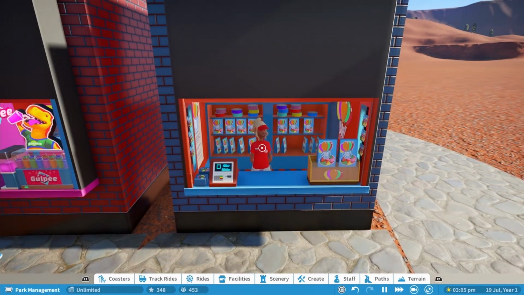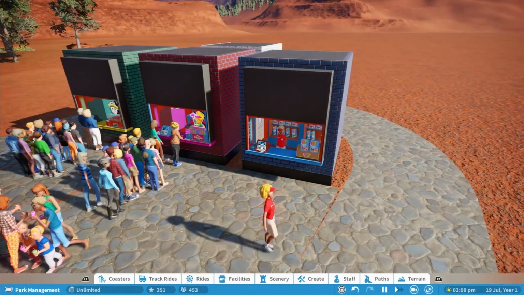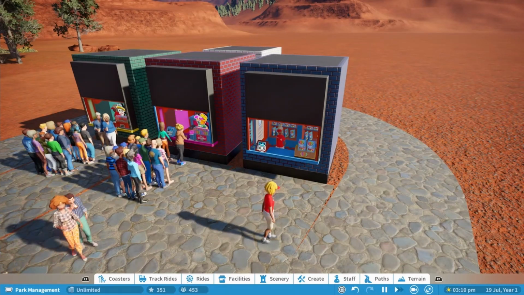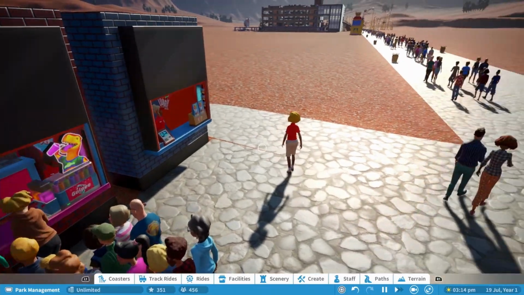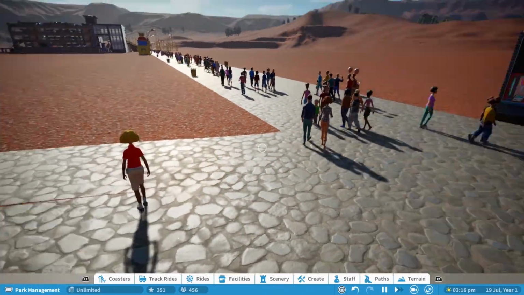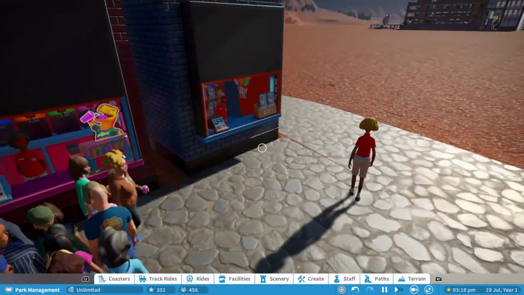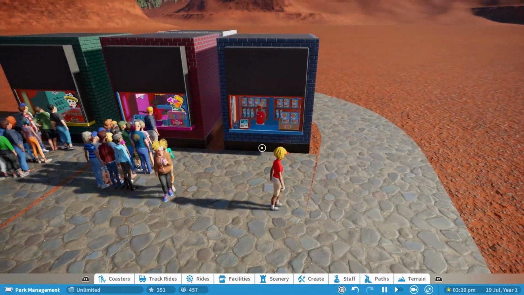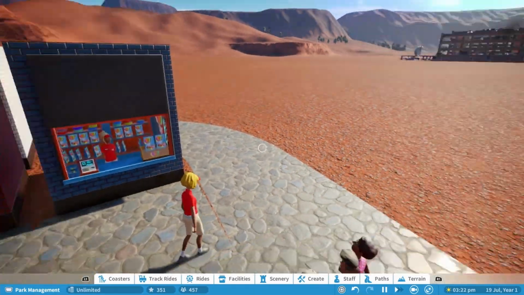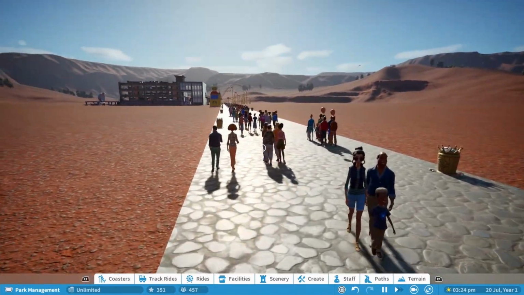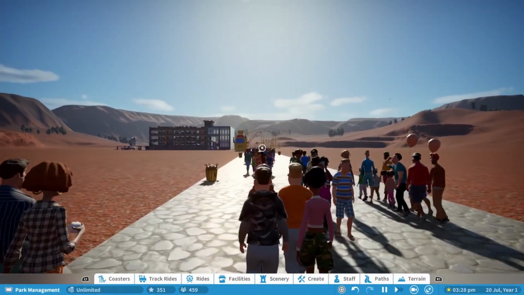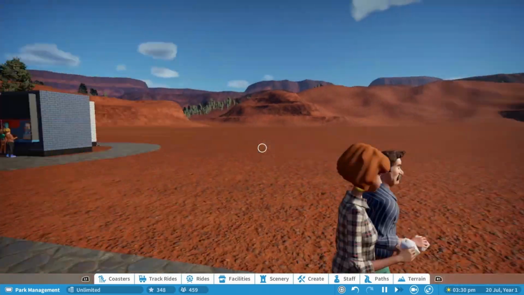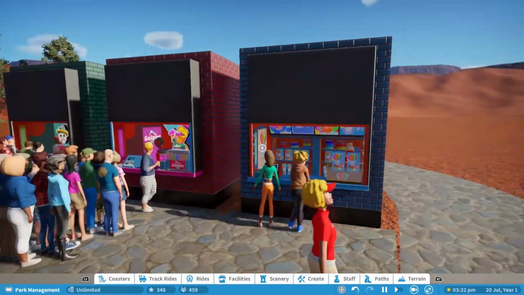As soon as these staff get tired, they want to jump out of that shop and go to the staff room, okay? And if you've not got an excess of staff members, I have here because I've just plonked some down just to demonstrate, but if you don't have many spare staff members, they've got to jump out and they will walk at this speed all the way down to that staff room,